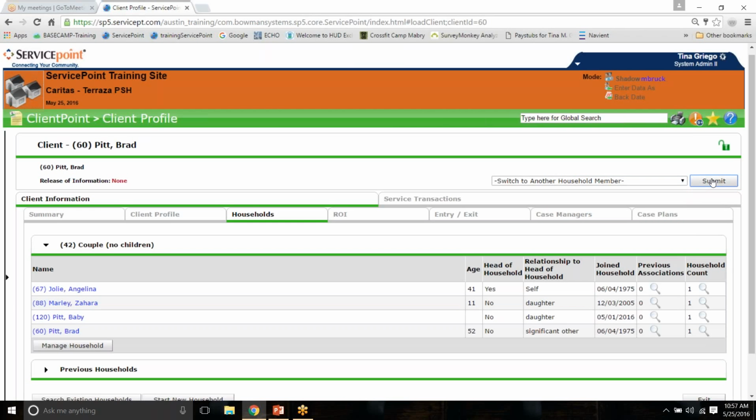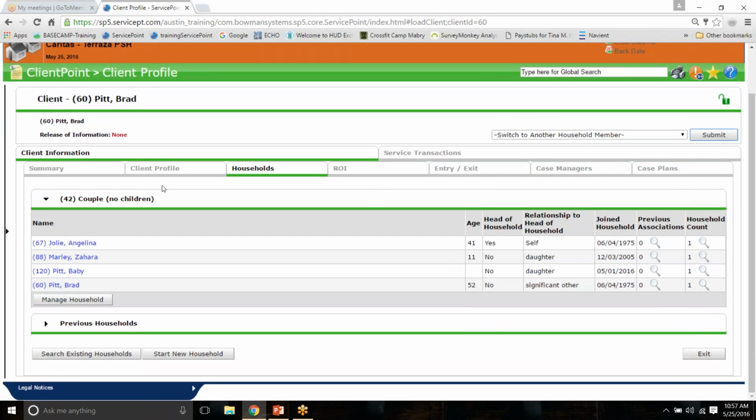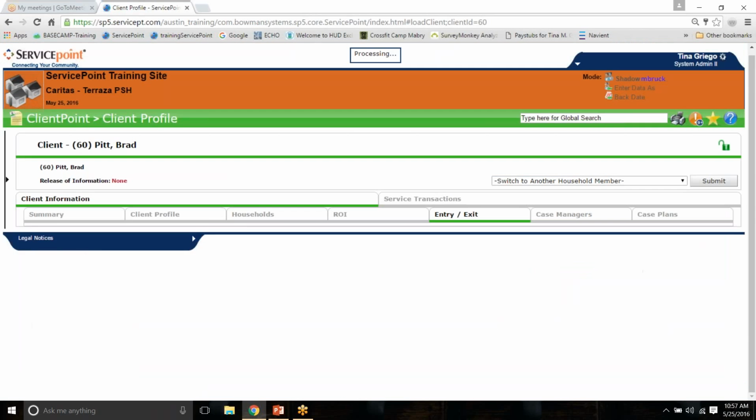So we went through the previous households, how to remove everyone out of an old household, show household history report, adding a baby with their entry date of their date of birth, and then we're going to exit the household from the program to their own housing on 25 May 2016, which is the last thing for this household. So we're going to go to that client's entry,